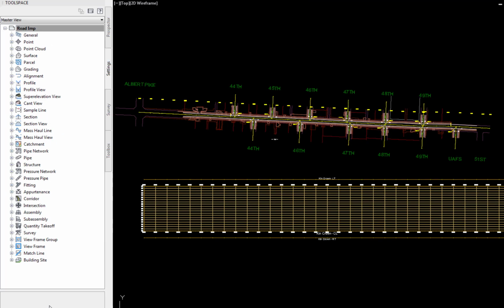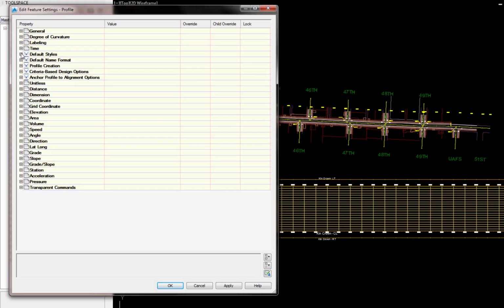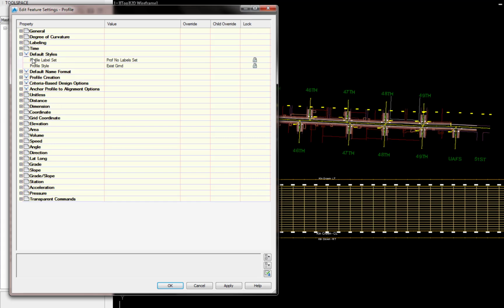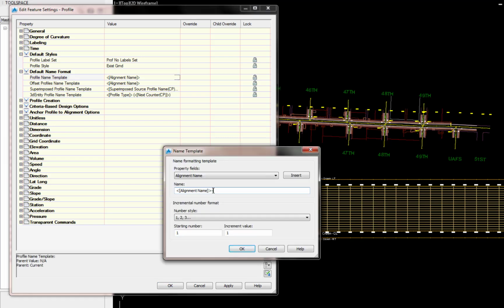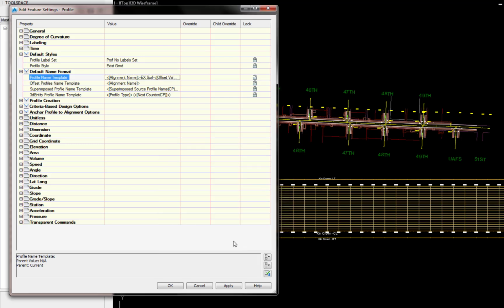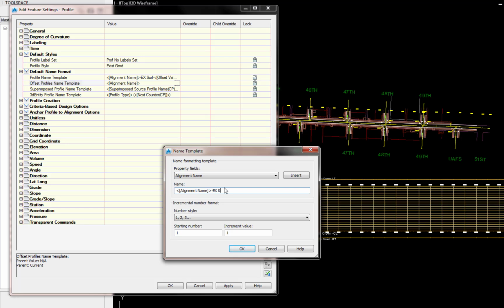Change default profile settings: right-click profile, edit feature settings, default styles, profile label set, profile no label set, profile style, existing ground. Expand default name format, profile name template, pick the current name, add -ex surf, in the property fields, select offset value, insert, OK. Repeat for the offset profile name template, -ex surf,